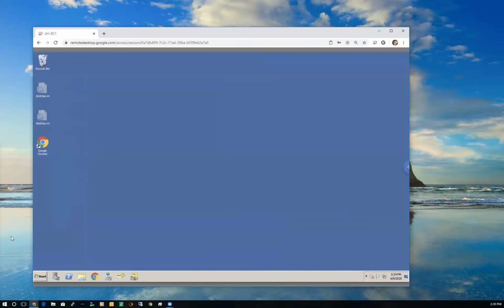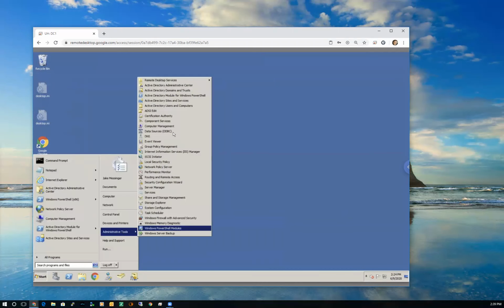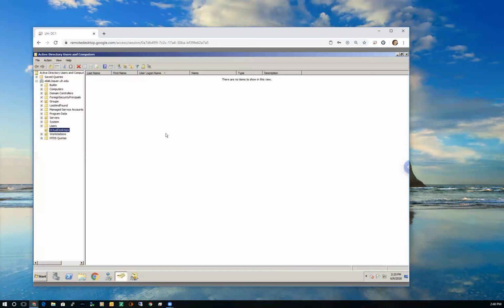So if I look here under administrative tools, you'll see I've got several Active Directory something or others. I can go to this administrative center and see all of it, but I'm just going to go here to Active Directory Users and Computers. So the way Windows domains work, and first of all, you guys know what I mean when I say domain?